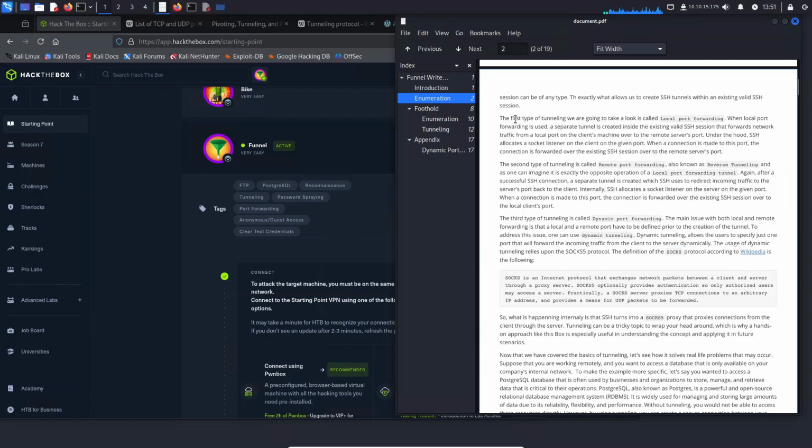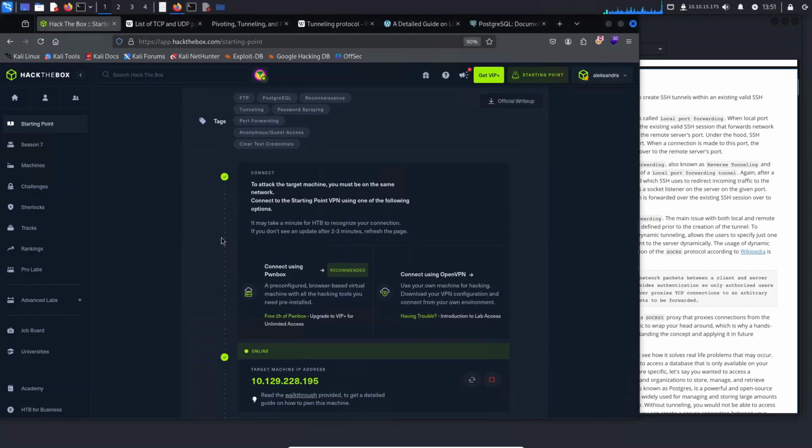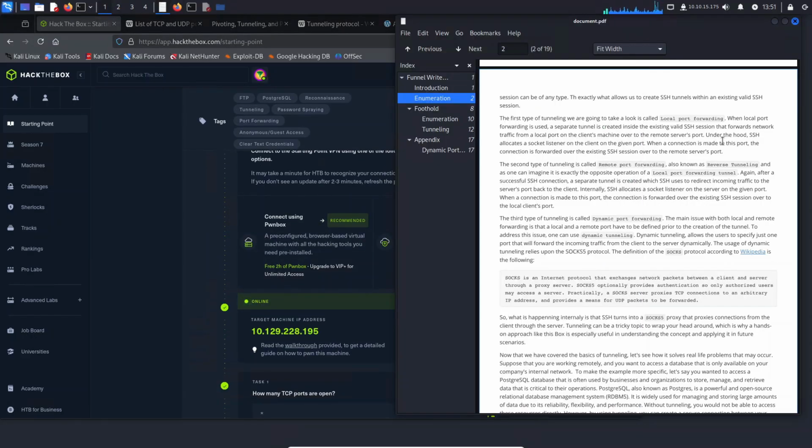The first type of tunneling we are going to take a look at is called local port forwarding. When local port forwarding is used, a separate tunnel is created inside the existing valid SSH session that forwards network traffic from a local port on the client's machine over to the remote server's port. Under the hood, SSH allocates a socket listener on the client on the given port. When a connection is made to this port, the connection is forwarded over the existing SSH session over to the